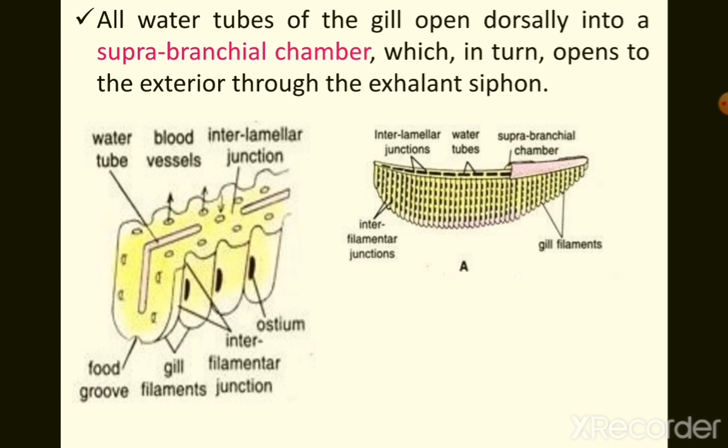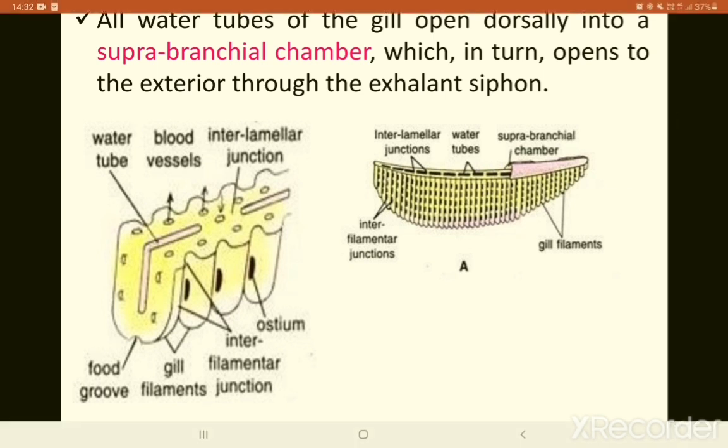And also a ventral food groove runs longitudinally at the lower edge of each inner gill plate. Now here in this picture, you can see the food groove. If this is the gill plate, here you have a depression-like thing, right? So along that the food moves. What kind of food? Where does it come from? It comes from the incurrent water.